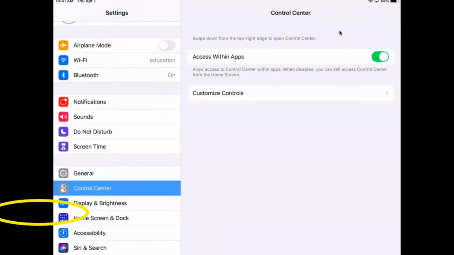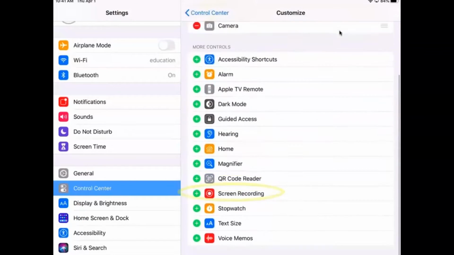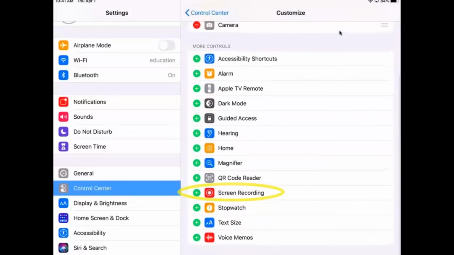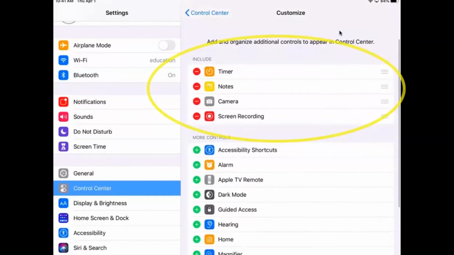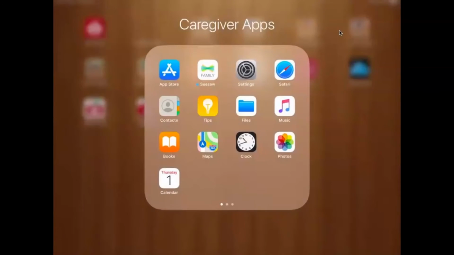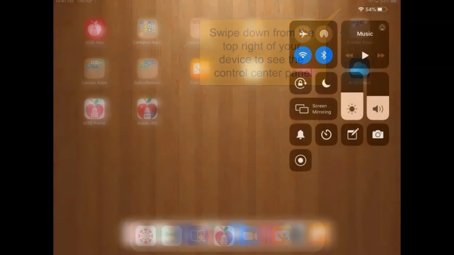Once I select Control Center, I'm going to select Customize Controls and scroll down until I see Screen Recording. I'm going to go ahead and click the plus arrow next to Screen Recording, and then confirm that it has been added to my Include list at the top of these controls. After that, I'm going to return to my home screen, and from there, if I swipe down from the top